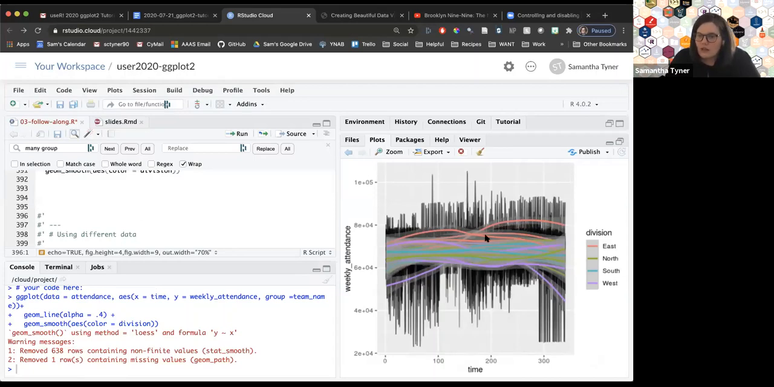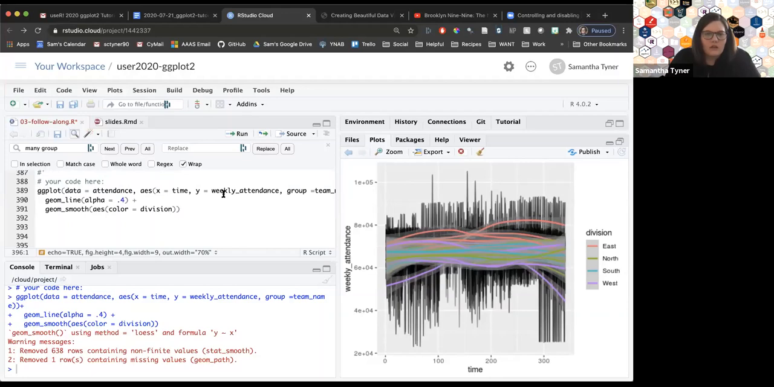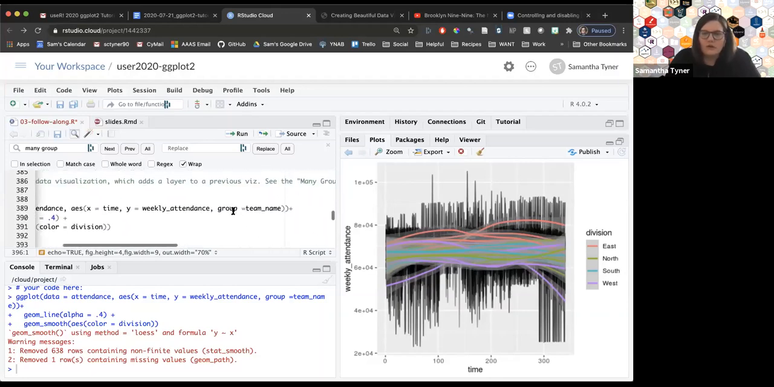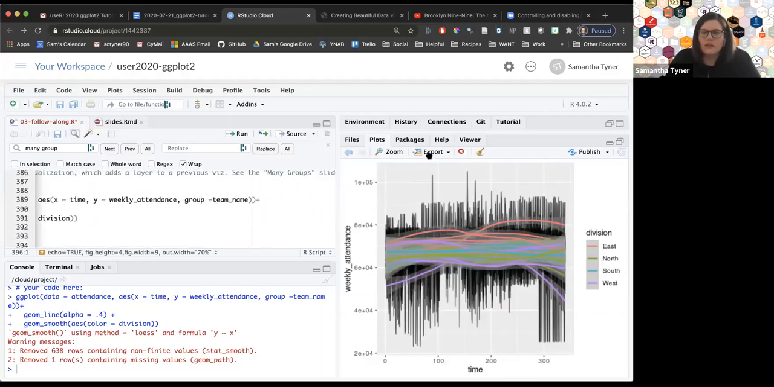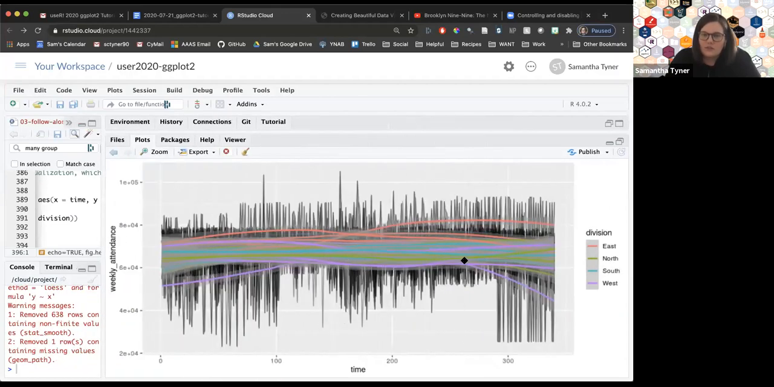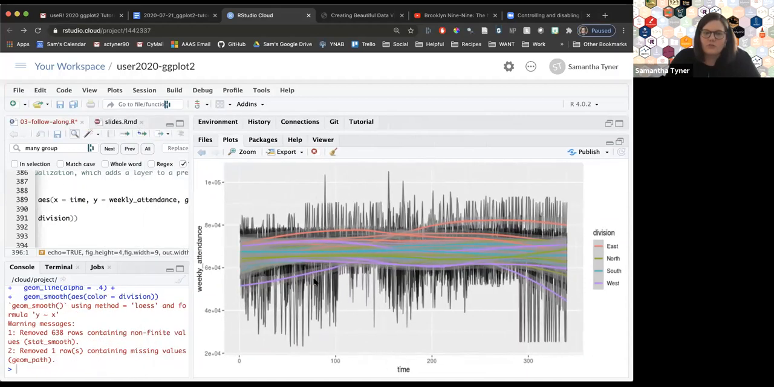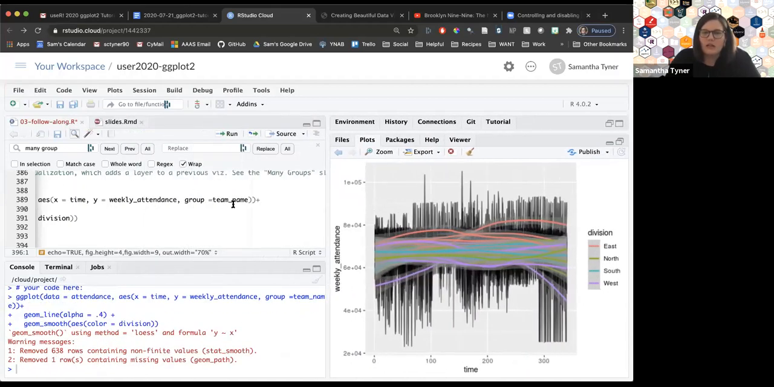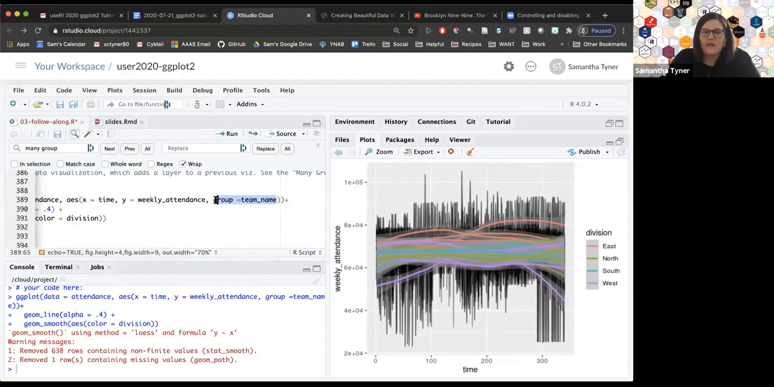And so now you can see I have all these lines sort of overlapping. Let's see, what do I want to do? There's a couple things going on that are making this not look exactly like the one that's on the slide. First of all, I have one line for each group, which is going to be the team name. I'm going to want to get rid of that because I just want it to average over